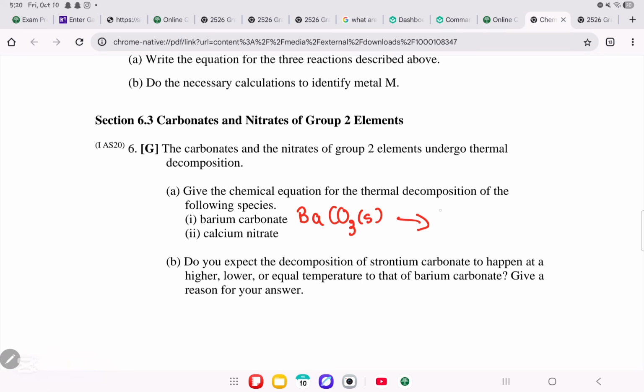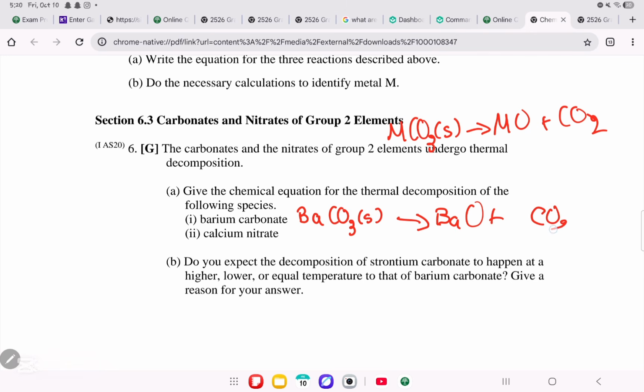So metal carbonate solid will decompose into metal oxide and carbon dioxide. So it will decompose into barium oxide and what? And carbon dioxide. Don't forget that here this is solid and here this is gas. Perfect. Now calcium nitrate,